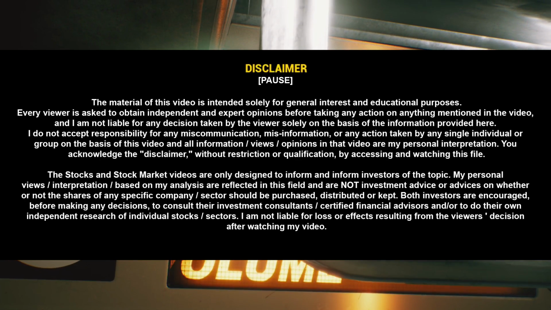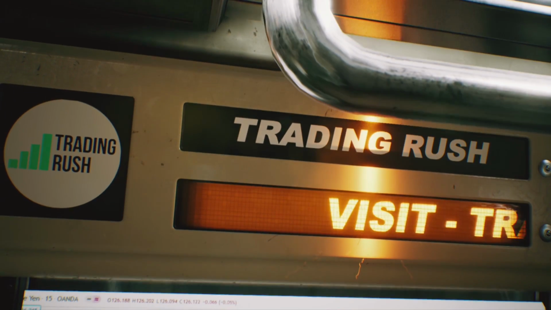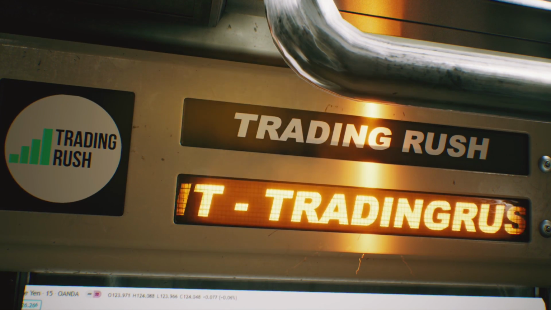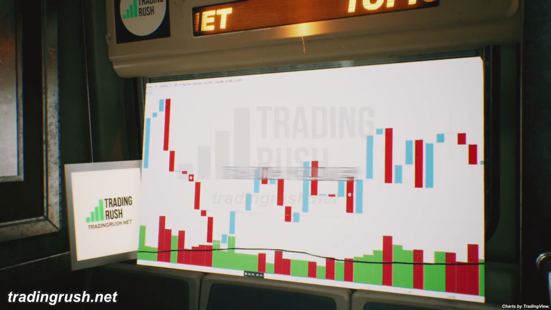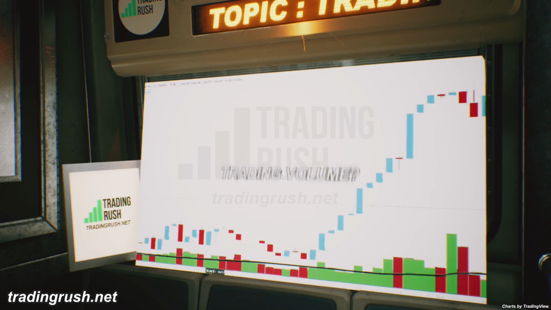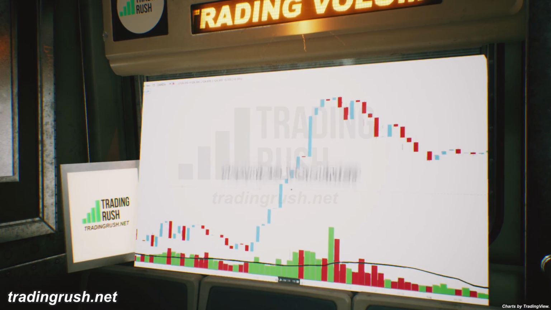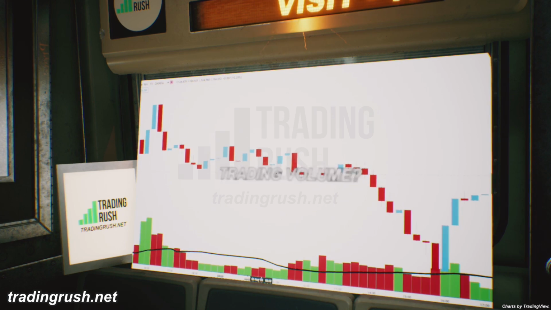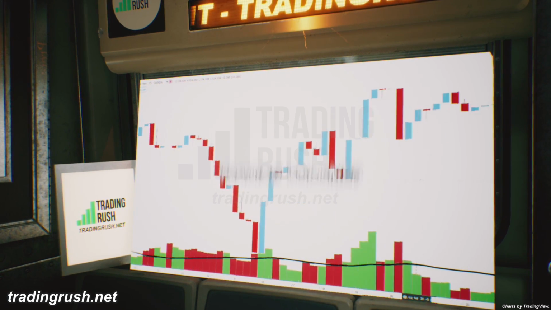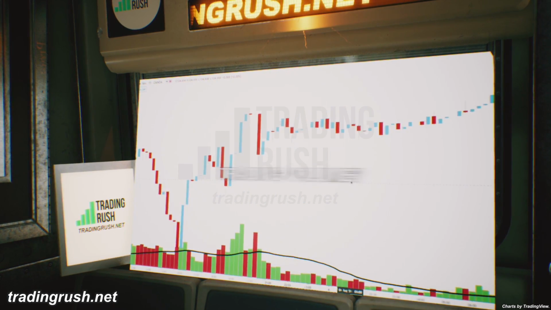In my VWAP video I talked about how and why institutional brokers trade at the VWAP line, and how you can use that information to trade when the big players are trading. Volume on a trading chart is pretty useless on its own, but if you connect the volume with the price data, you will find some of the key levels on a trading chart